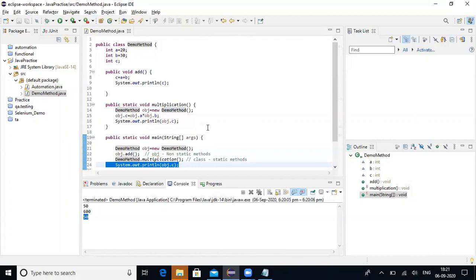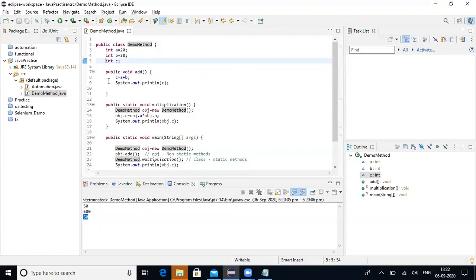Okay. So what is the thing here is, if it is static, whatever the value that has been assigned at the end of execution, the same will be assigned to the C. For example, C is getting updated in the second method. So the latest value of C is 600. If it is assigned as static, then the value will not be changed. That is the use of static keyword. I am simply making this as static.